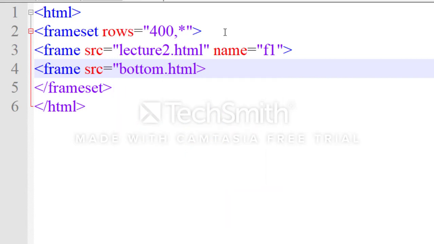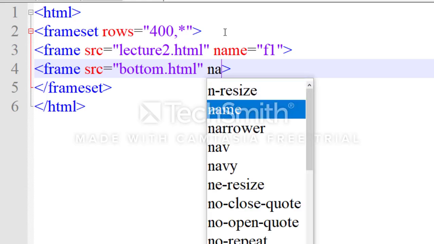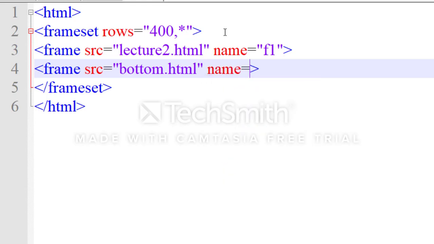The name property should be different for the two frames, that's why f2. Just save these and now run it.